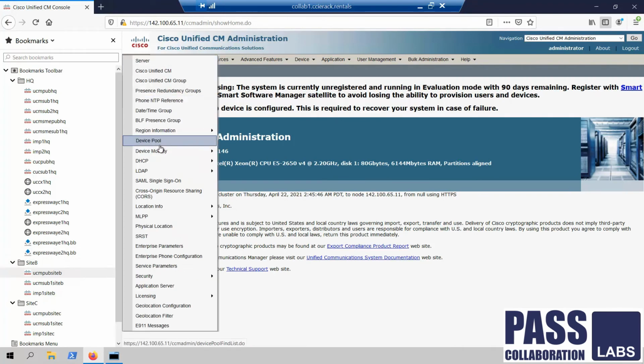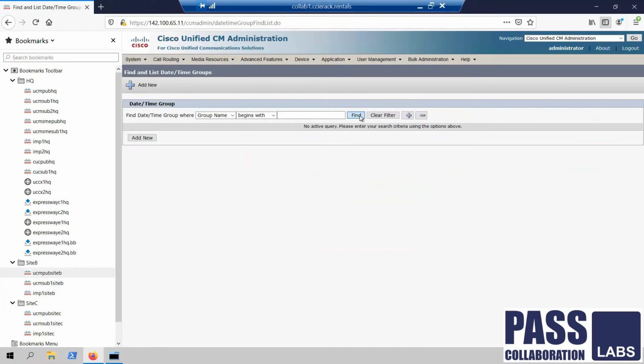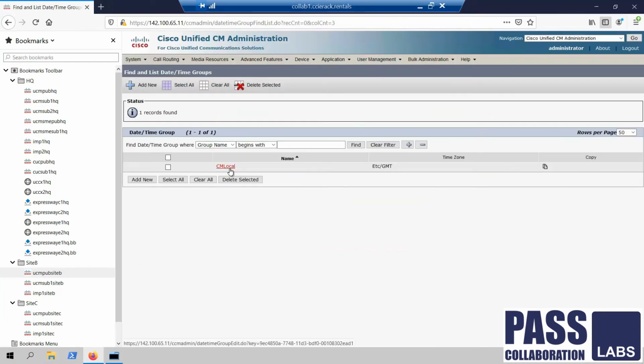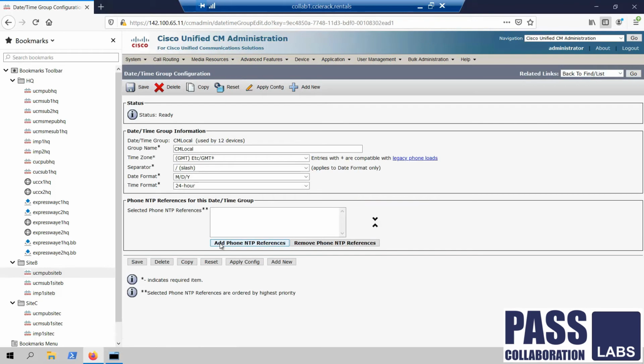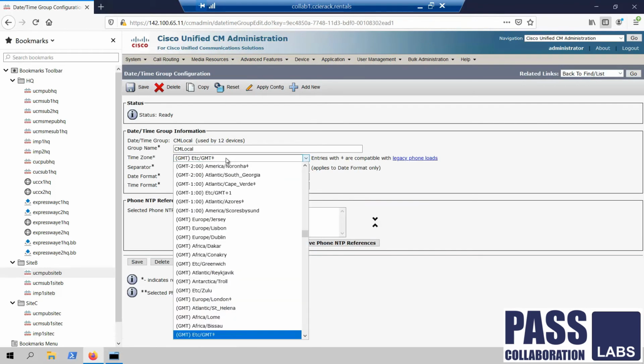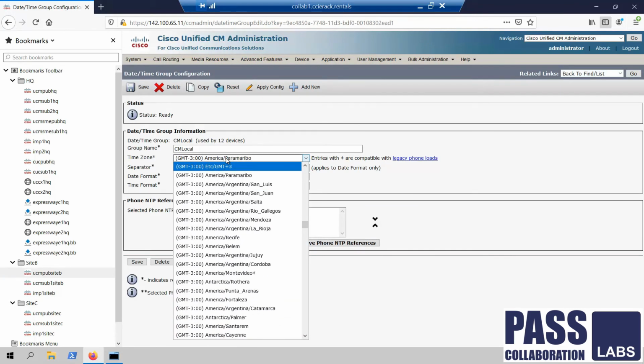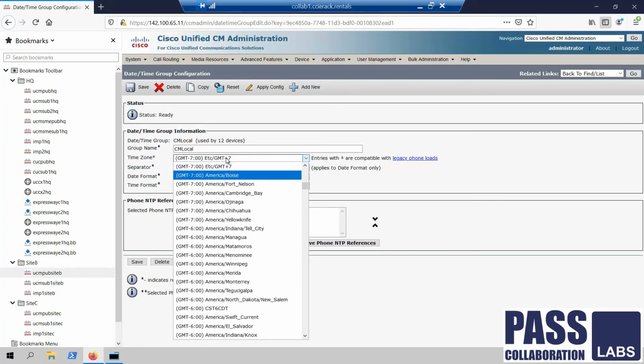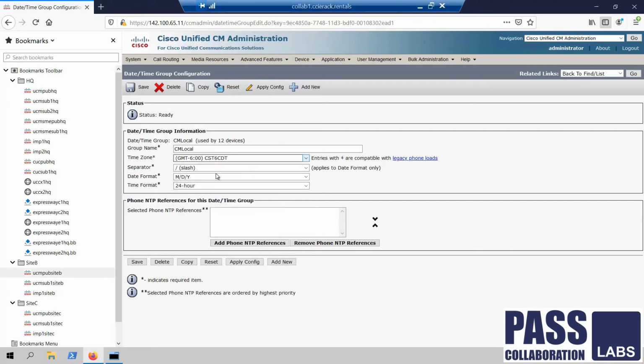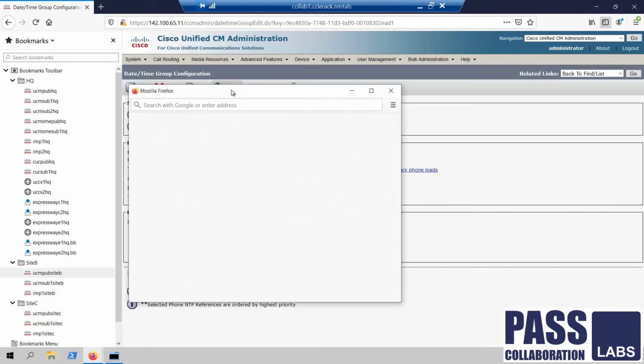Go to System, Date and Time group, modify the existing CM local group, and this time it's going to be -6 CST since this is site B. Save it and reset it.